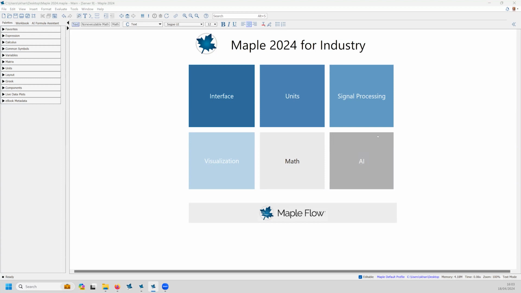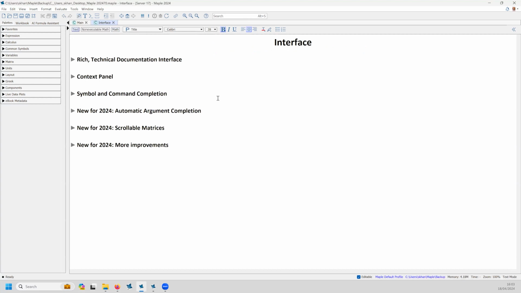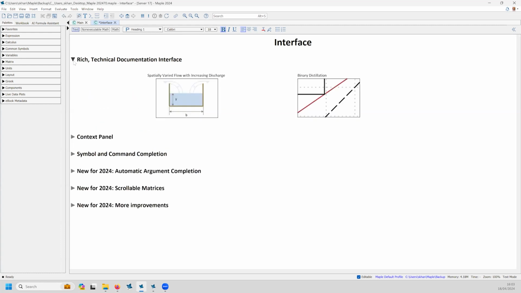First of all, I'd like to start off by talking about the improvements that we've made to the interface in Maple 2024. Now, I'm assuming that everyone here has used various versions of Maple in the past. You're all aware of its rich technical document interface. And I've just got a few examples of the type of things that you can do with Maple just to